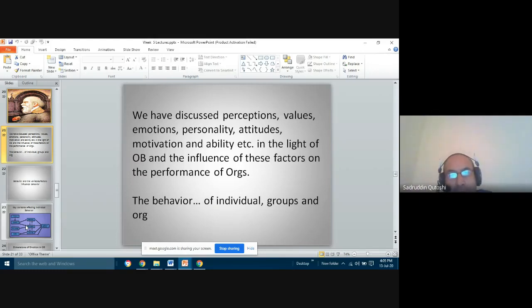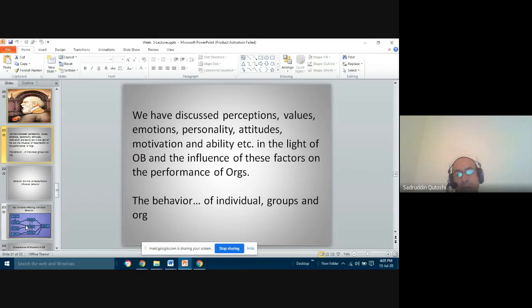In the light of organizational behavior and the influence of these factors on the performance of the organization, because your performance is counted in the light of the group of members in the organization and the organizational performance, because organizational performance depends upon the department's performance, group of people's performance, and individuals' performance. So the behavior of the individual in the organization, the group of people in the organization, and the behavior of the organization altogether are interlinked